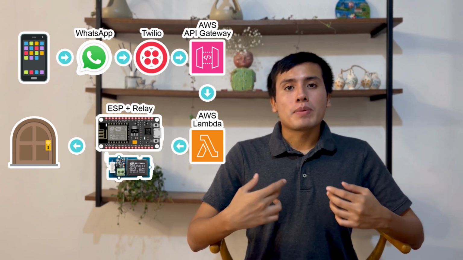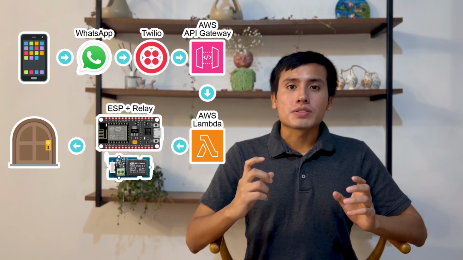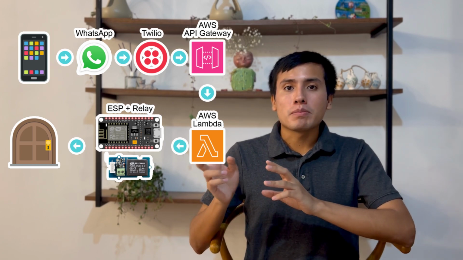This is the flowchart that we are going to use for this project. As you can see, once we send a message, this is going to go through the WhatsApp API. So we are going to use Twilio.com, which is a provider of this API. Once this message is received by one number of Twilio, it is going to trigger an API call to our